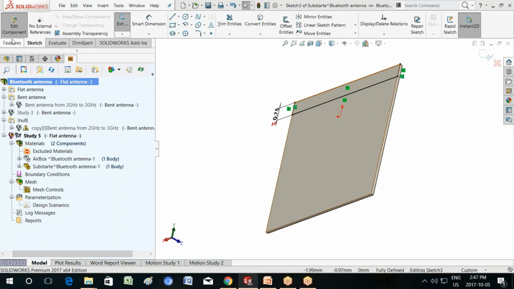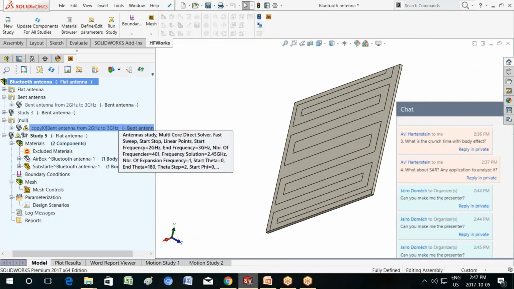Okay. So I'm going to exit the edit component. So I think this pretty much